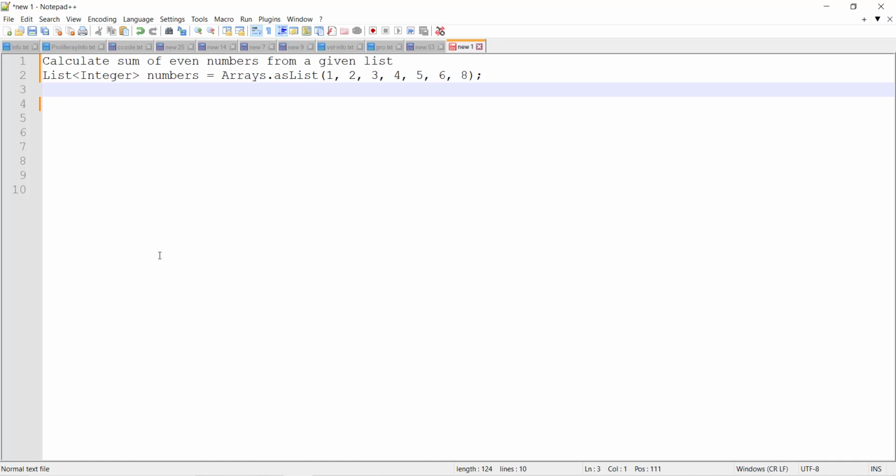Since I have been posting videos on Java Stream, I thought that this problem would be suitable to explain the capability of Java Stream. So the logic would be something like that. First I need to find out the even numbers, then from those even numbers sum up all the integers. Then let me go to the Eclipse,